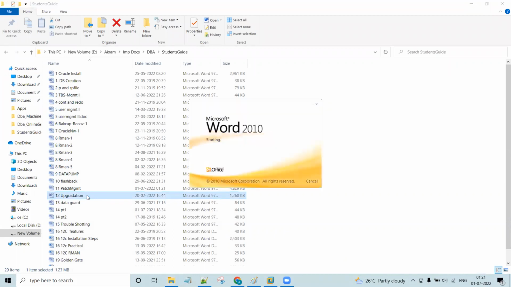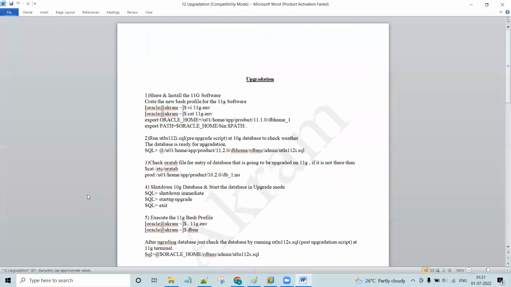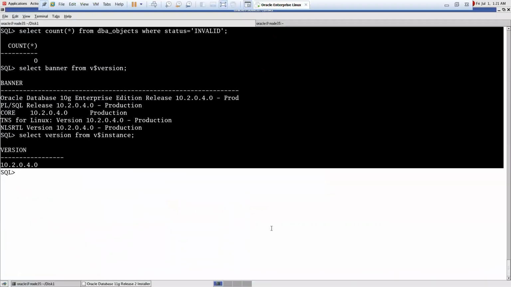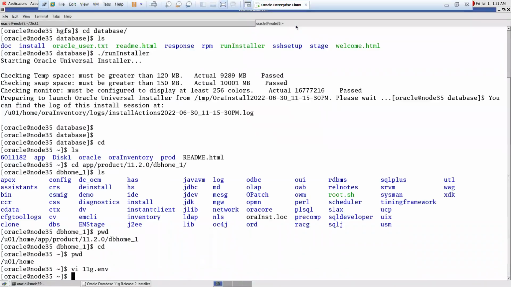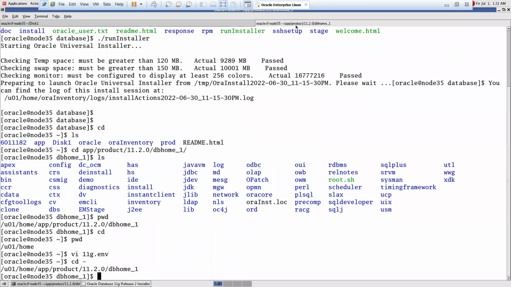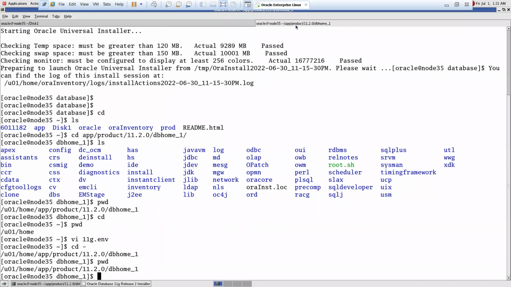Before upgrading this 10G database, 10.2.0.4, to 11G, we have to install 11G software. Already the 11G software installation has been done. There are some prerequisites. In the 11G home, there will be one script with this name, and we have to run that script from the 10G database. Let's go to the second terminal. Go to the Oracle software location. See here, I came to the Oracle software location, rdbms/admin, then